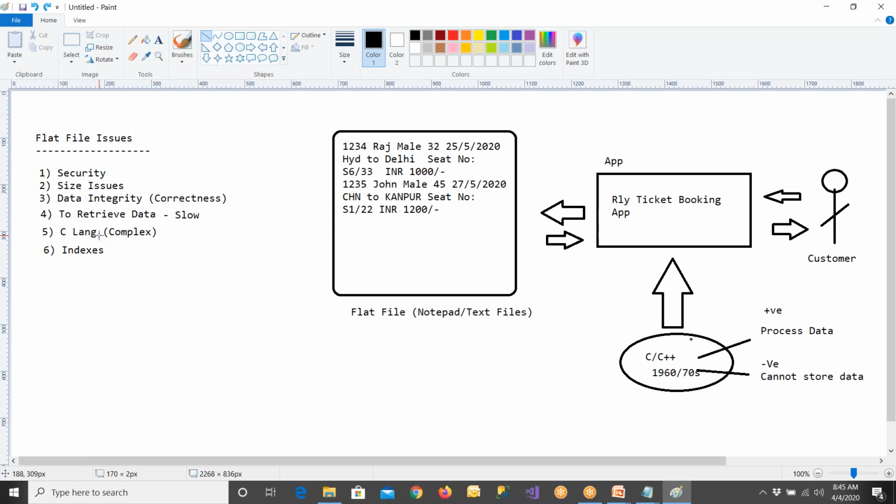So in order to retrieve the data very, very quickly, that is also one more thing. You are lucky if the data is available in the first page. If you're unlucky and the data is available in the last page, and you have millions of rows available in the files, that is where the issue starts. Am I clear?